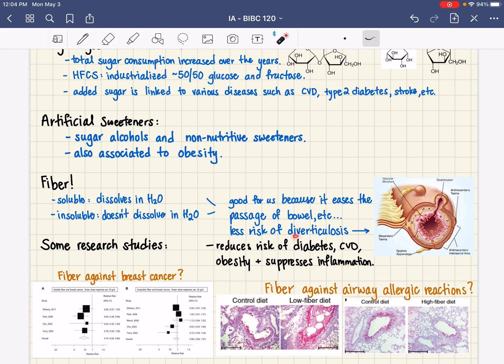Now, let's go back to diverticulosis. Diverticulosis is when the colon forms these diverticula on the muscle wall of the colon. This usually takes place because if the bowel is not soft enough and the passage of the bowel through the colon is difficult, then the bowel ends up pushing on the sides of the walls too hard. And if there is a weak spot on the wall of the colon, then that kind of caves in to